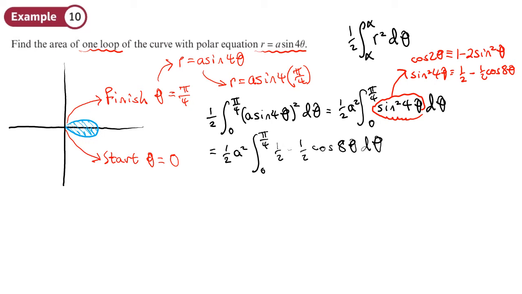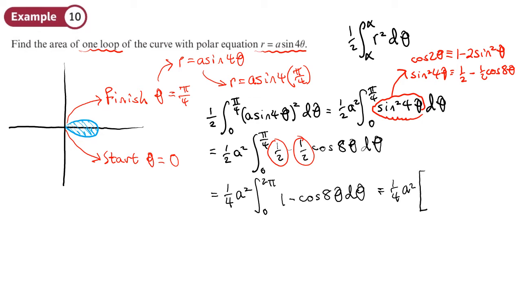Now, to make things even easier, we can take the halves to the other side because you can factorise that out, in which case we'll now have a quarter a squared between 0 and 2 pi, and we'll have 1 minus cos 8 theta d theta. So I'll have a quarter a squared,